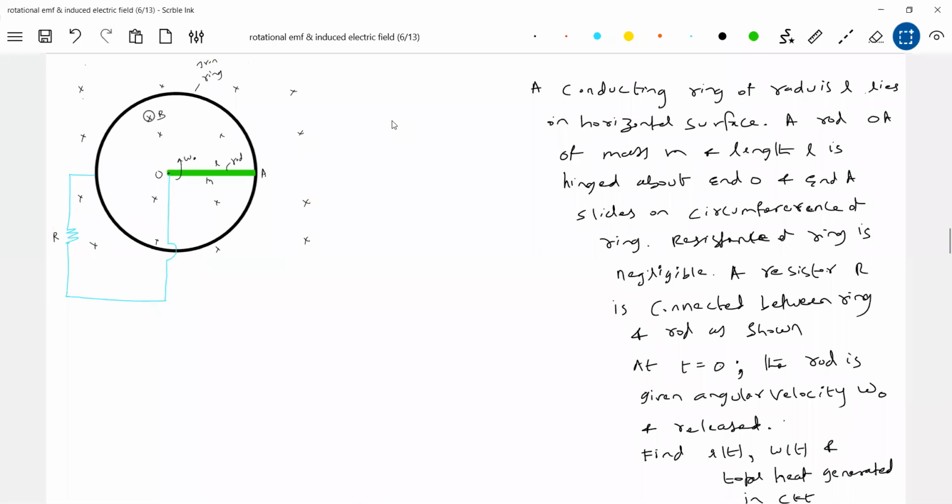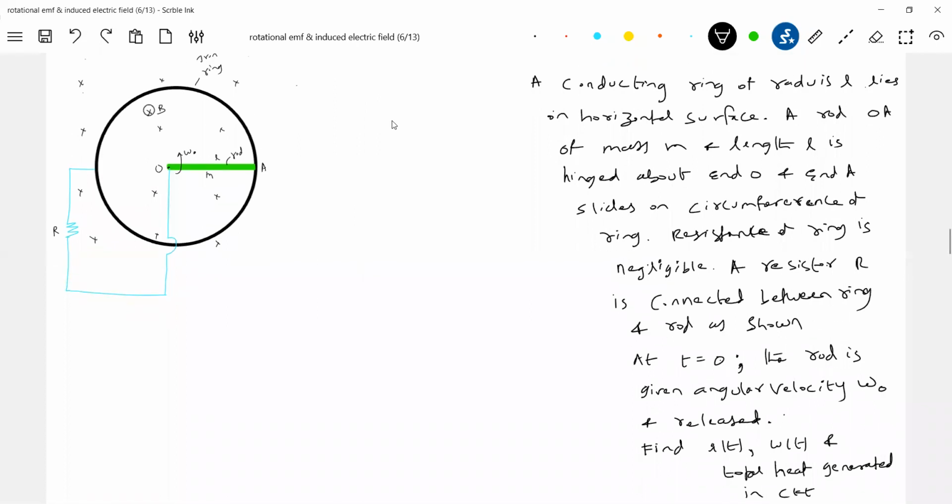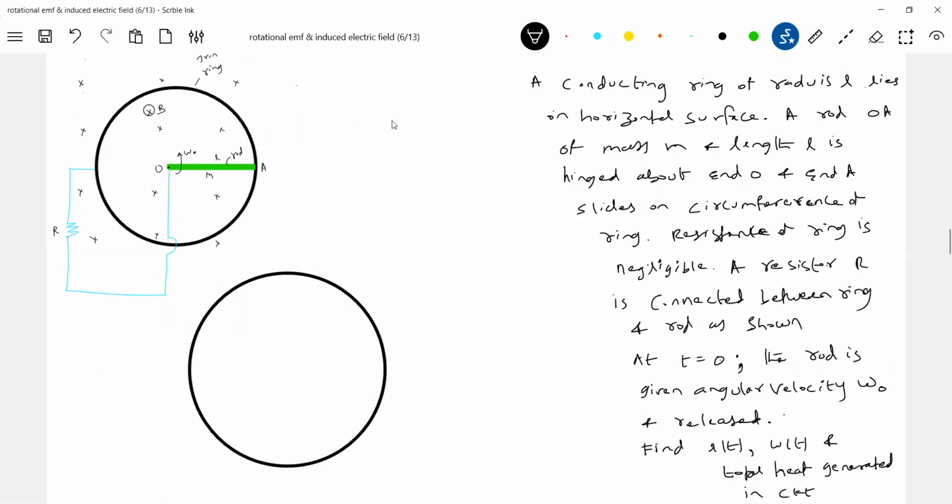Let's come. So what is the basic idea of this? The rotating rod should be replaced with a cell. So here, there's a ring. Torque is needed. The resistor is connected about these fixed points. So here it will be,